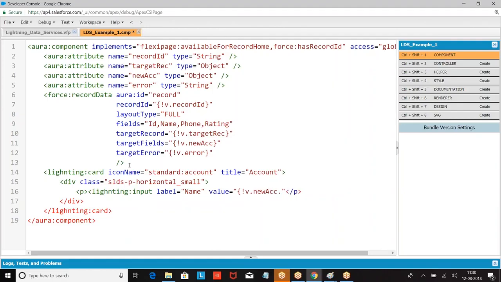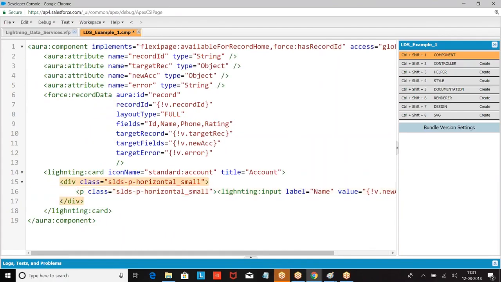New ACC dot, giving a class equal to SLDS P. Right. Now, similarly, I'm going to define the other one.